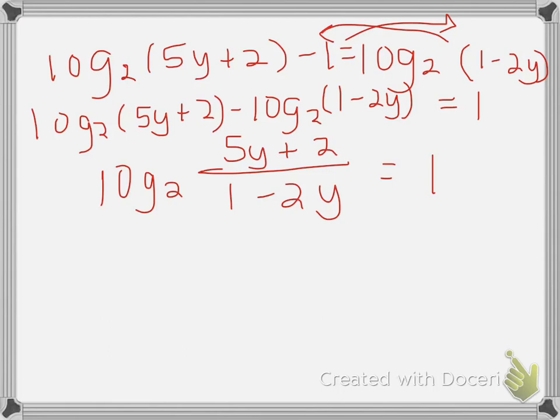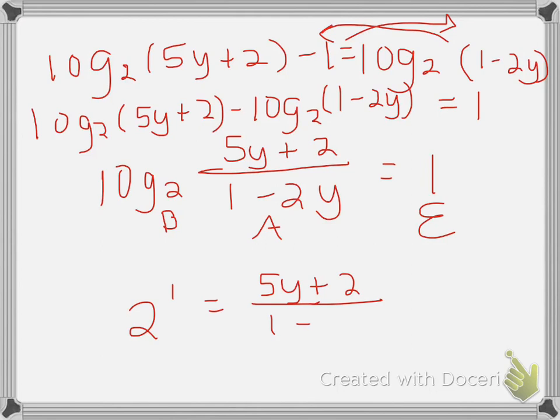So again, since you can't drop the log, you're going to have to use it. Again, the log base 2, remember, log is base, answer, exponent. So we're going to rewrite this as 2 to the first is equal to 5y plus 2